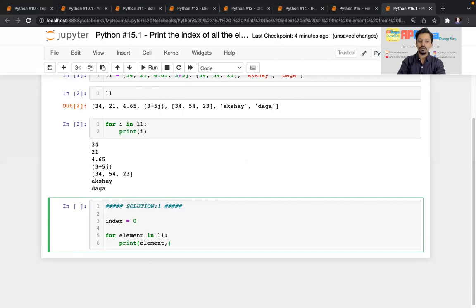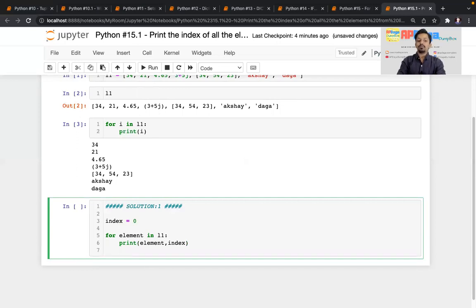Comma and index value. As we know, whenever we use a for statement, it will iterate over the given list one by one in incremental order. So every time the index will be incremented by 1. That's why I'll write index equal to index plus 1.